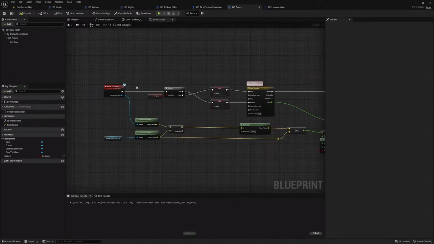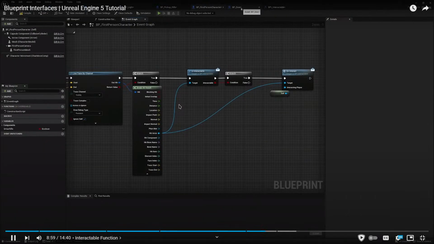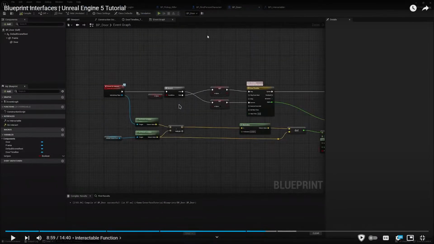So now if we go back to our door and we click on this is interactable function, you'll see we have this interactable variable right here. We'll set it to true. And if I compile, if we go back to our door and we click on